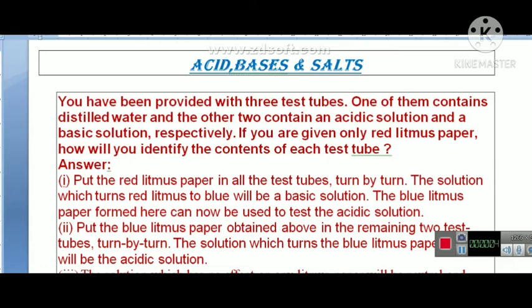You have learned acids, bases and salts. We have reviewed this lesson and their definitions. You also know that the sour and bitter taste of food are due to acids and bases respectively present in them. So, in everyday life, there are examples of acids, bases and salts.